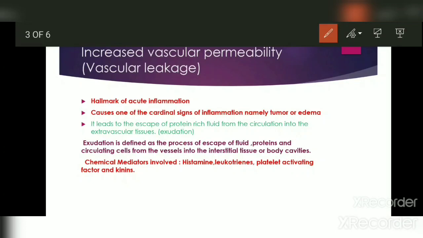Stasis is responsible for that localized redness. So these two combined effects will cause slowing of blood flow and stasis. As a result of slowing of blood flow, there will be the cellular event which we talked about in a previous video, margination. Margination will occur due to loss of laminar blood flow. Stasis will cause localized redness, and slowing of blood flow will lead to concentration of RBCs in small vessels and result in increased viscosity of the blood.